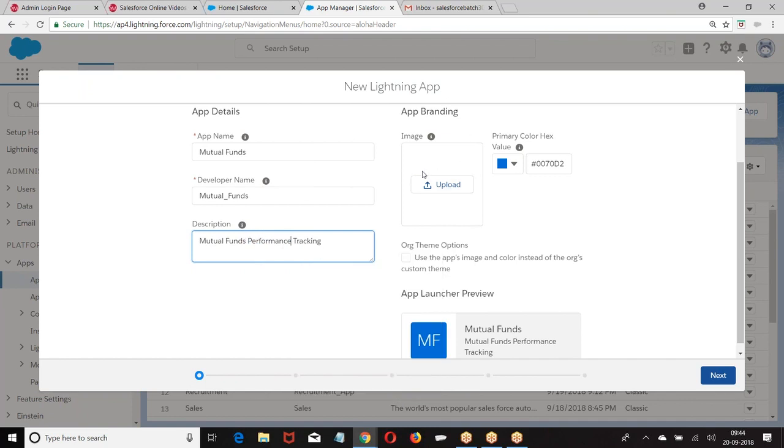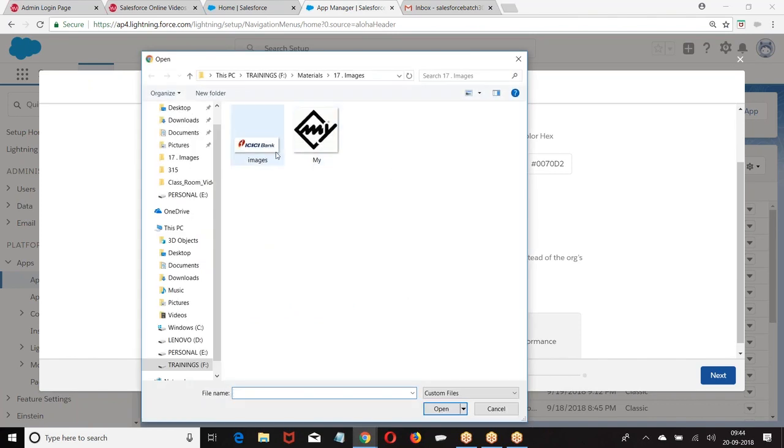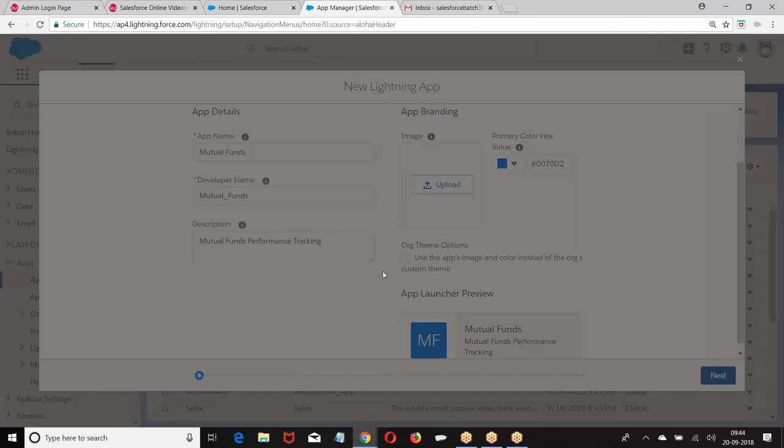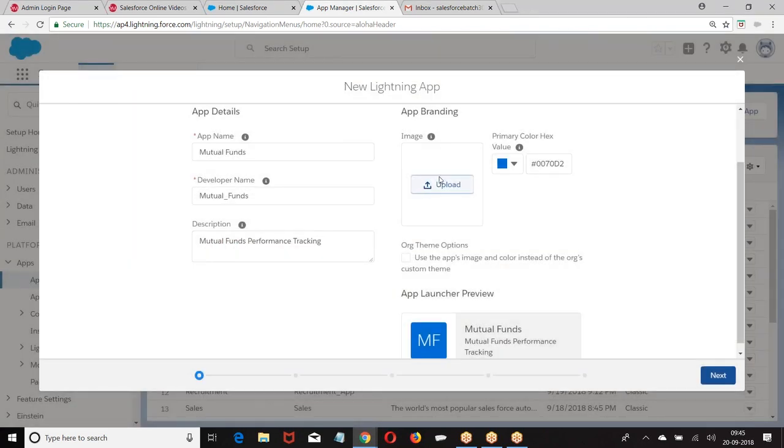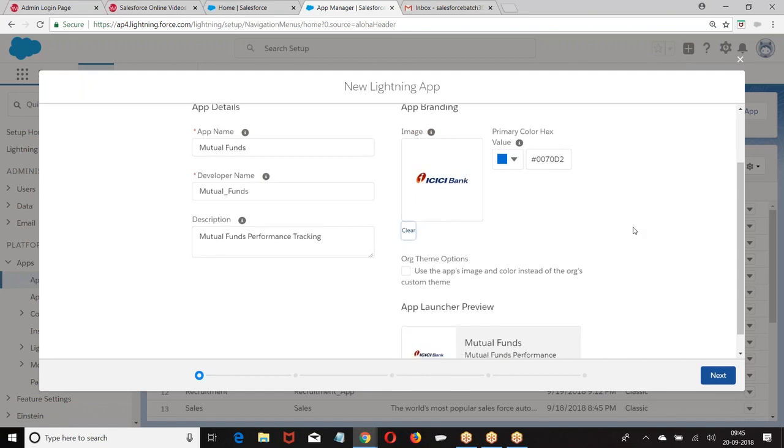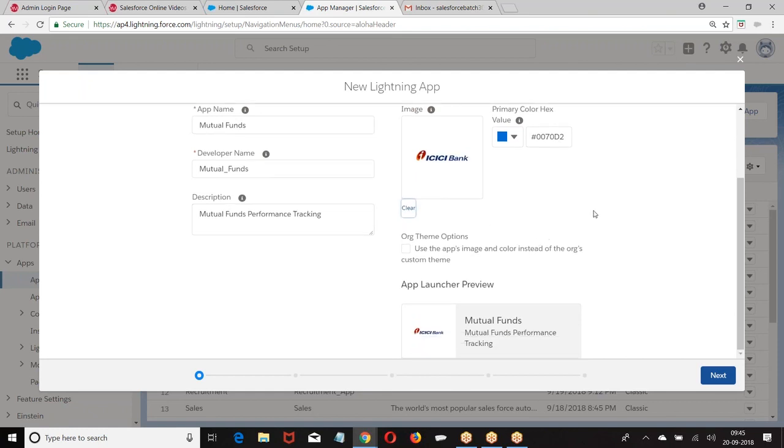Then what is the logo of your application? Choose the logo of your application.